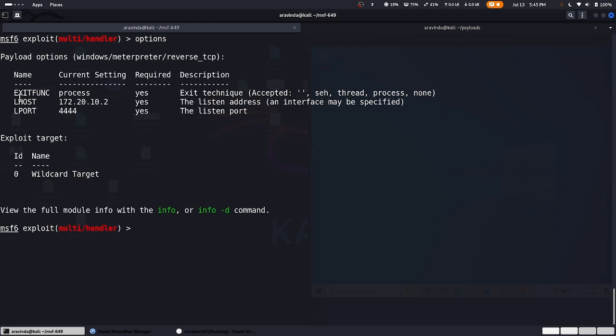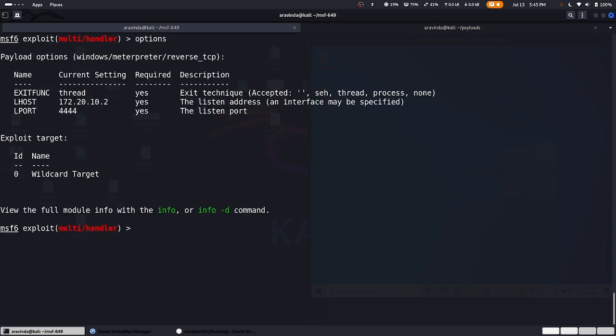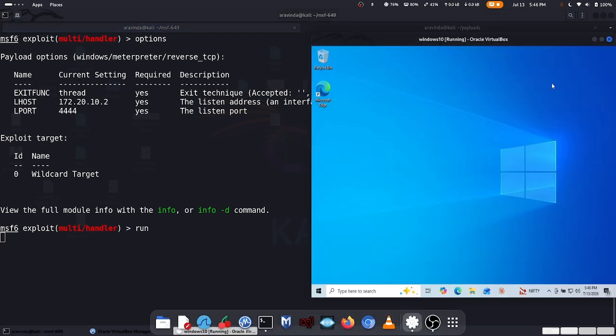Let's do options again, and set exit func and space thread. So after we set this, let's do options again, and let's run the exploit. Actually, run the listener, and